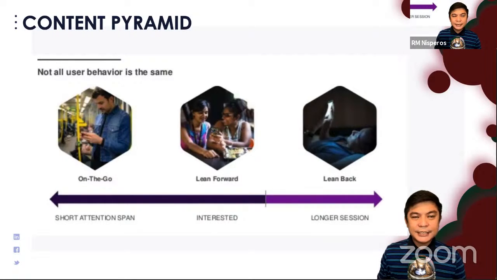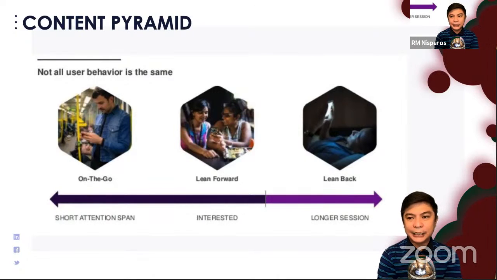Lean forward is something like, kapag nasa ano tayo, nakapila, for example we're getting our license renewed in LTO. We would be sitting in the chairs there waiting for our names to be called.